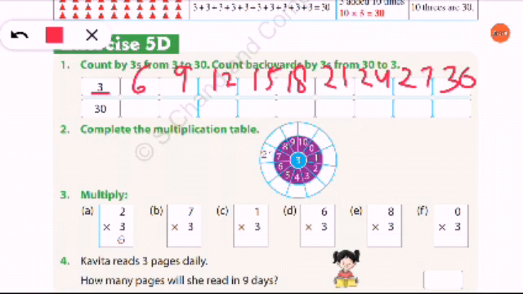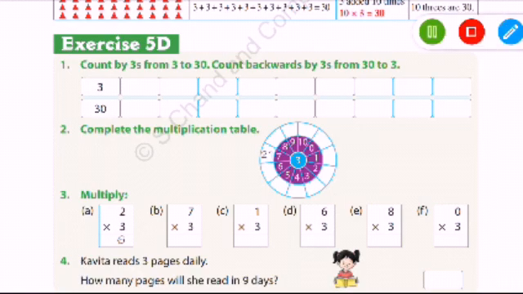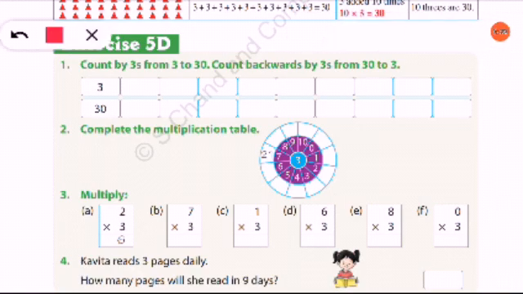Now you have to write the table just like backward. The same table you have to write in the backward form, from this up to here. Or you can start from here. I have told before also, you can start the table of 3 from here or you can do it backward. You just have to count the table and write it in backward form.